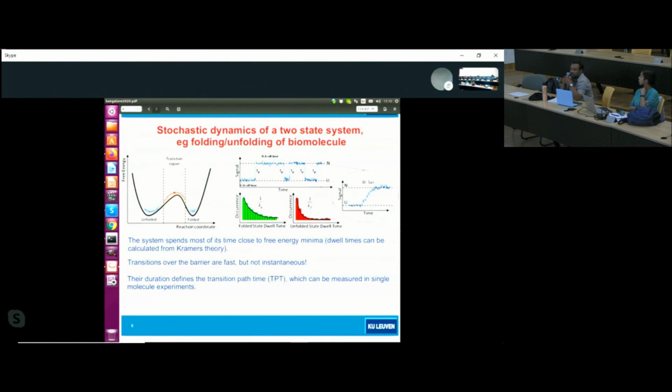And well, I think you will be measuring many of these transition events, because in this half an hour, the particle would have stayed in the red region, but then it will go to the unfolded state, and then back in the red. And if you are counting, you're integrating many transition path times in that case.